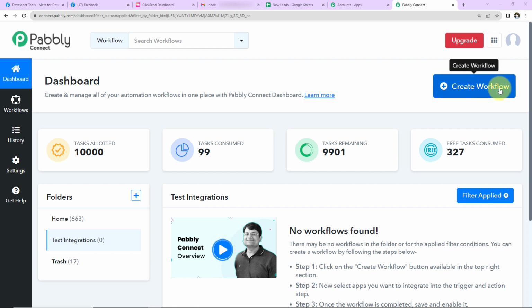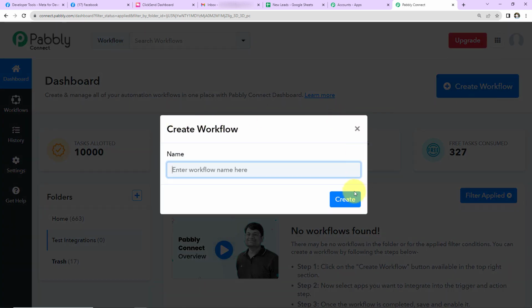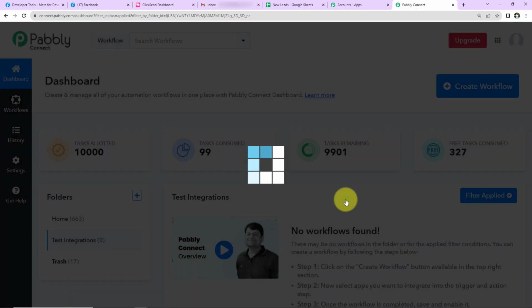Now once you do this and reach the dashboard, on the right hand side there's a tab Create Workflow. Click on this. This dialog box will appear. Here you will have to name your workflow, and here I'm going to name it as Send Email, SMS and Data to Google Sheets for Facebook Lead Ads. Now I'm going to click on Create,